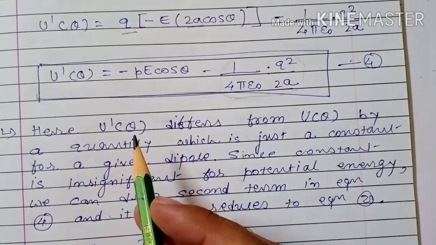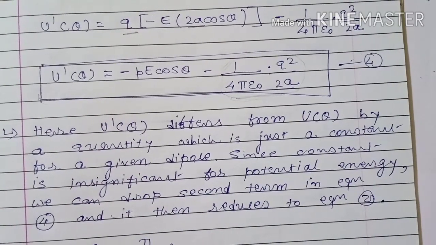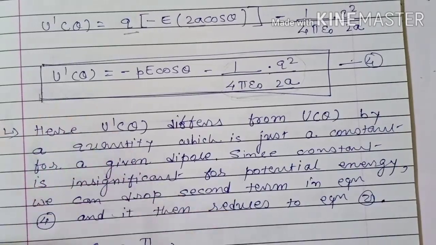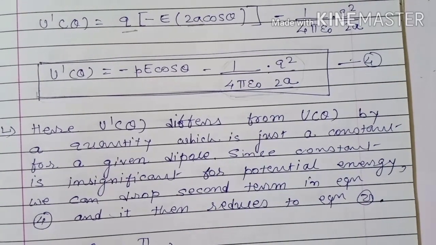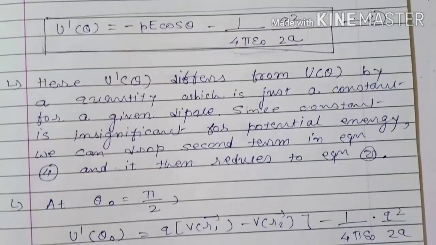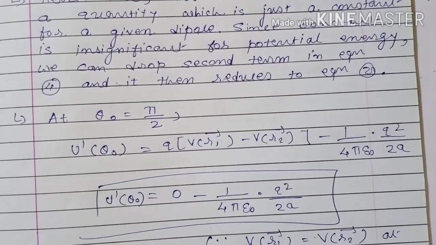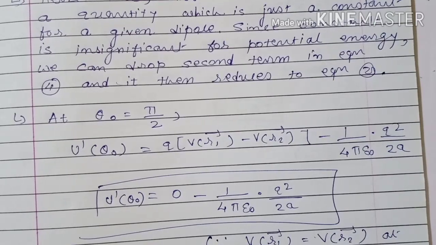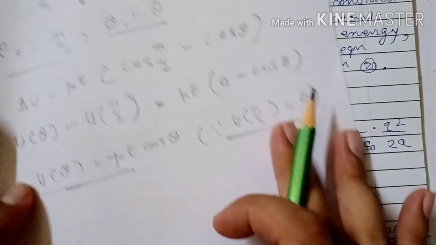Here we are interested in change in potential energy, because change in potential energy is defined. Potential energy is not defined. This is the value of potential energy. When we find the change in potential energy, then the change in potential energy will be same at theta naught is equal to pi by 2. If we want to obtain potential energy at theta naught is equal to pi by 2, then what will be the situation? Here,